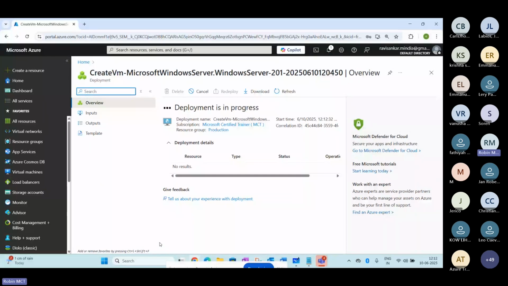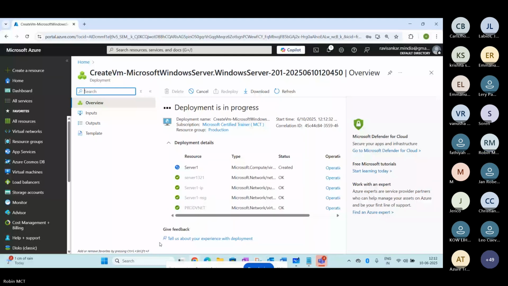Creation has been progressing now here. Let's wait. It's been progressing now, the deployment.